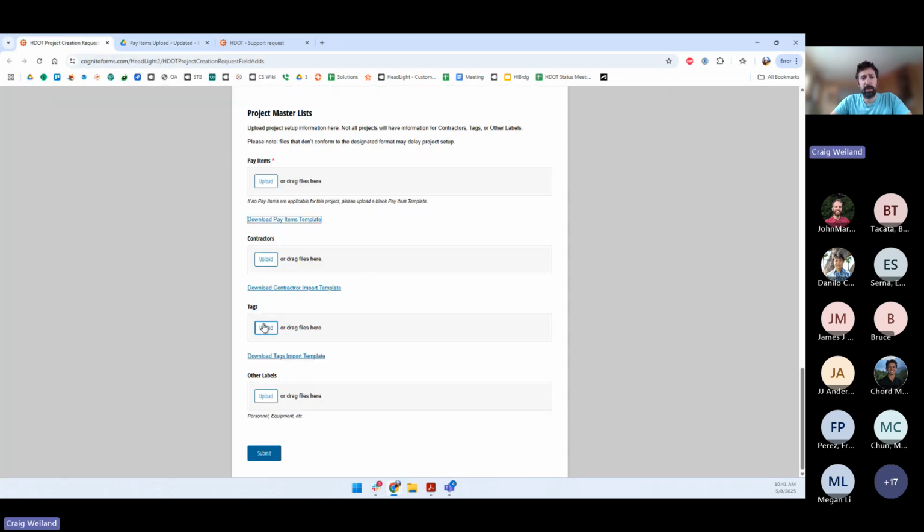Tags is more of a generic one. So you can add a spreadsheet of any tags you want and other labels. So these are all here if you know the information, upload it, please. You can see the only one marked as mandatory is pay items. But if you do happen to have anything else you want, we'll try to pre-populate as much as we can for those label types. And when you submit this form, say you've filled out all the necessary fields, this gets